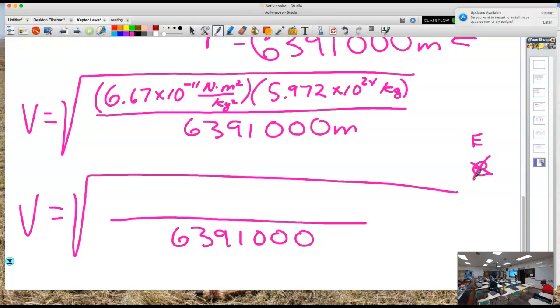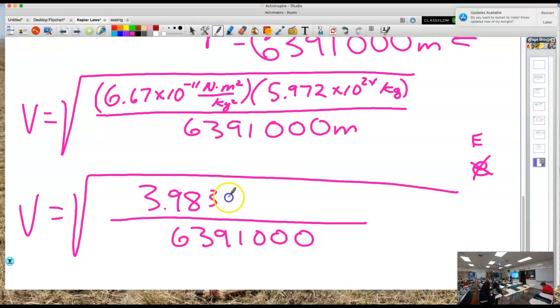What do we do about the N, the units? Just wait on that. We'll talk about that when we get done with the calculation. How do you add the Newton? Don't worry about that now. Just do the number. Tell me what the number is. 3.983 times 10 to